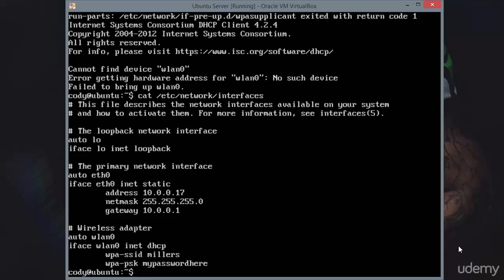wpa-ssid specifies the wireless network name. wpa-psk is going to specify your passphrase. Now, this is going to be for all modern Wi-Fi networks. If you have an older network, there can be some differences there in the interfaces file. I won't bring those up because with modern wireless networks, this is going to work the vast majority of the time. It's when you're dealing with older networks that sometimes things get a little trickier,